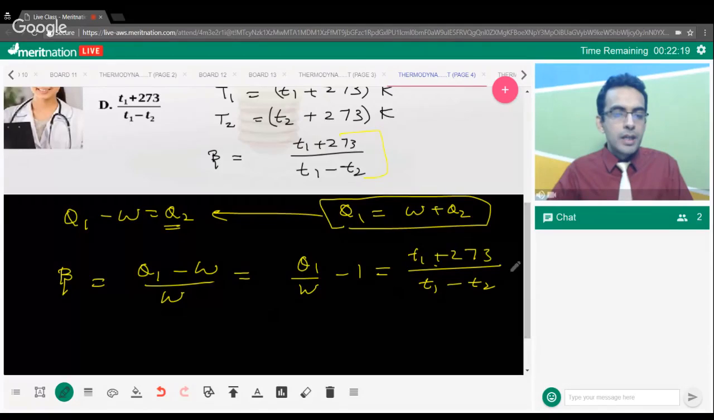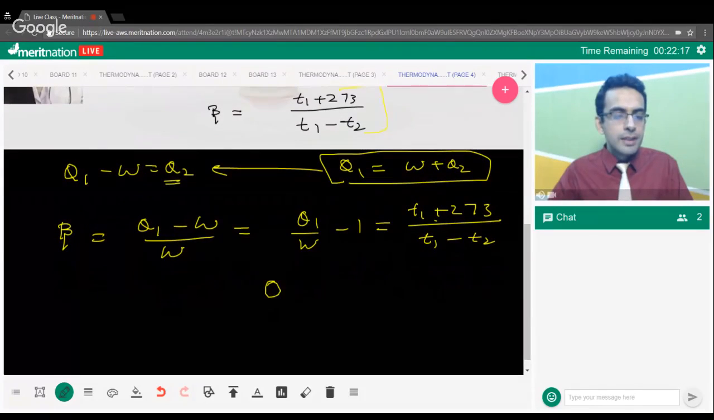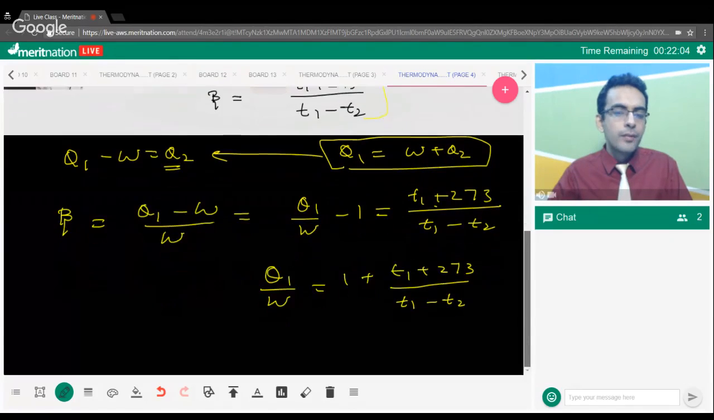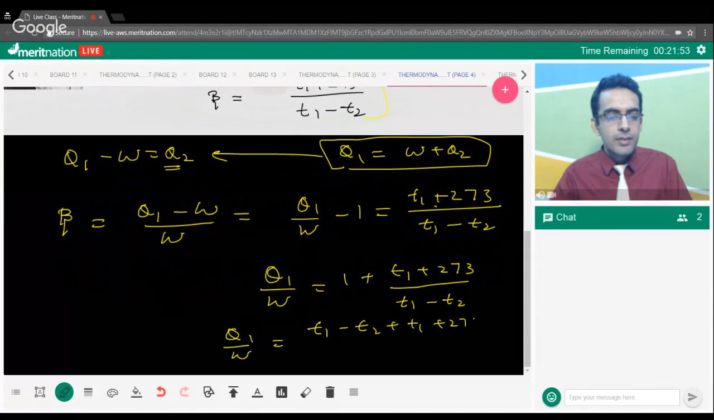So from here, what we can say is Q1 by W is equal to 1 plus T1 plus 273 divided by T1 minus T2. If you further solve it, you'll get Q1 by W is equal to T1 minus T2 plus T1 plus 273, and you can simply say,